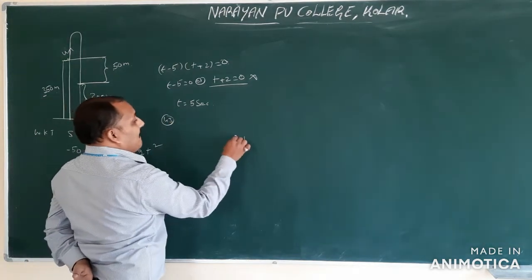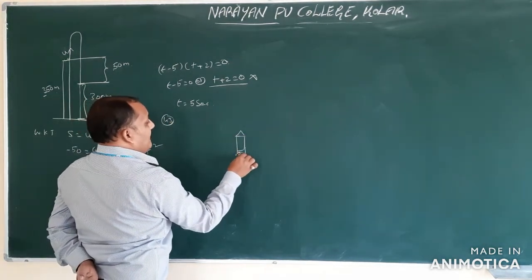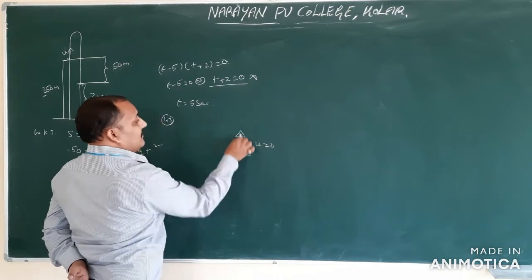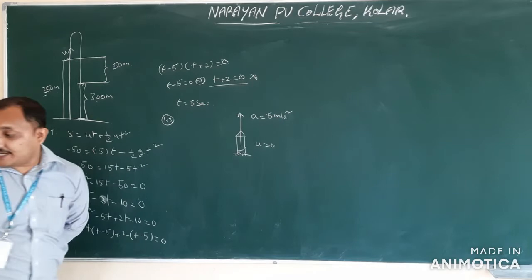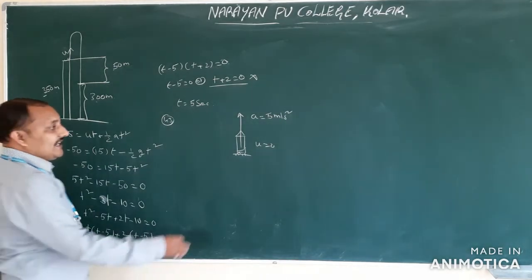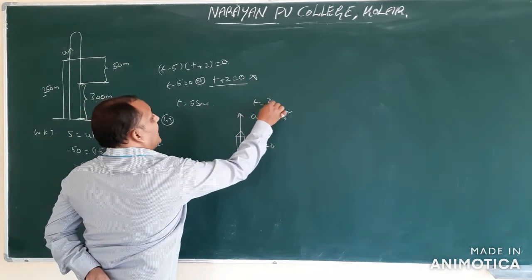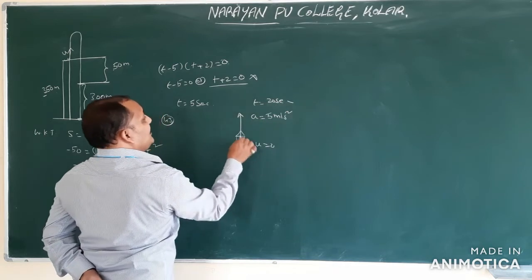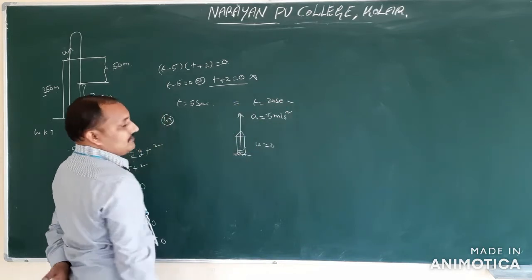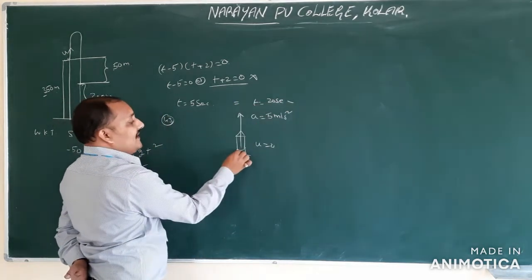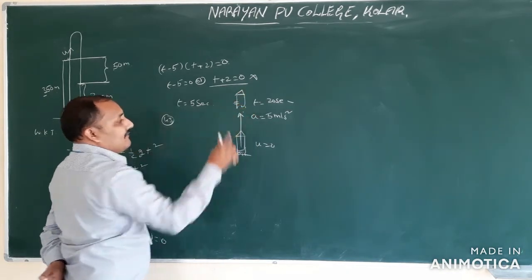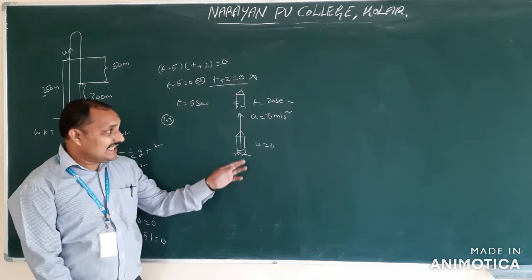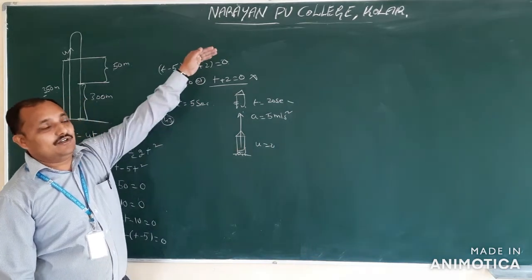So initially the rocket is at rest. It is moving upwards with acceleration 5 meters per second squared. After time 20 seconds, its engine is going to be shut off. Before it shuts off, it is going to move some distance. Now this rocket may be here somewhere. They are asking how high the maximum height it is going to reach.